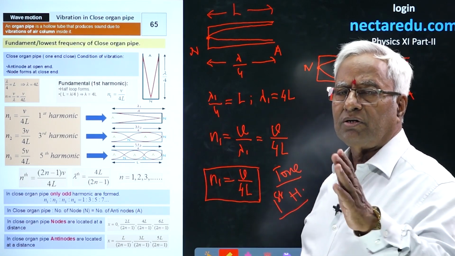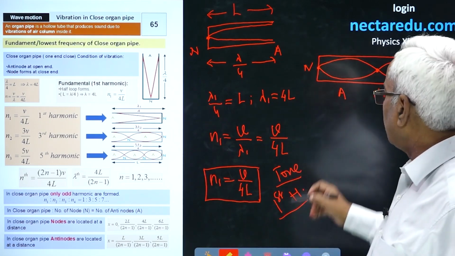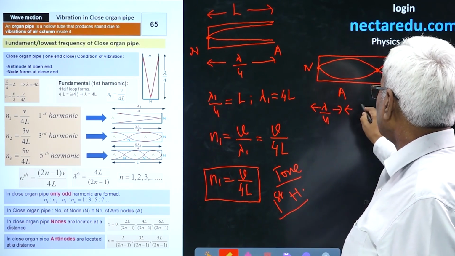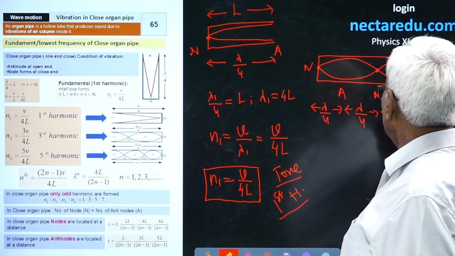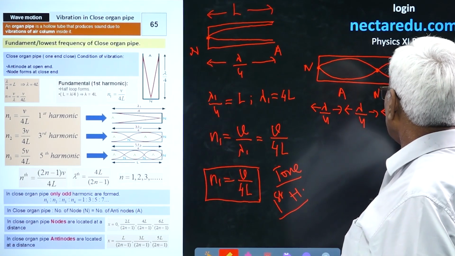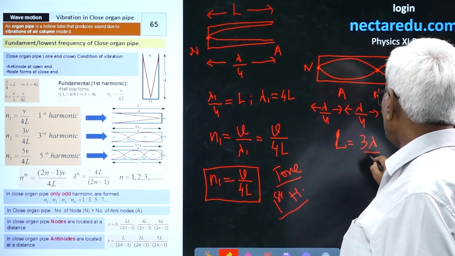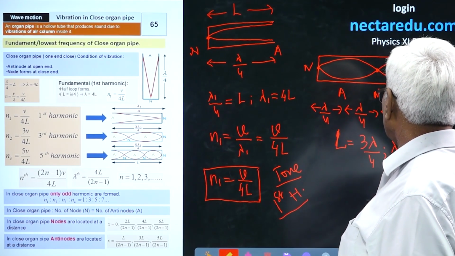So three quadrants you find over here, lambda by 4 three times, and if you sum up, the entire length is 3 lambda by 4,